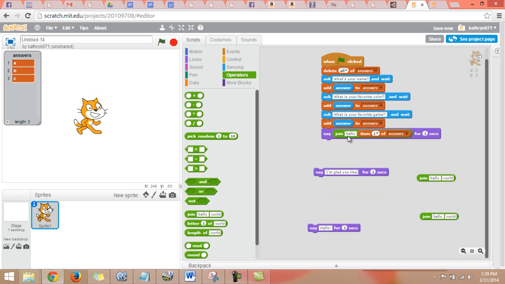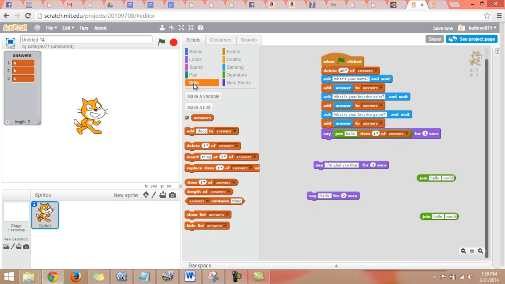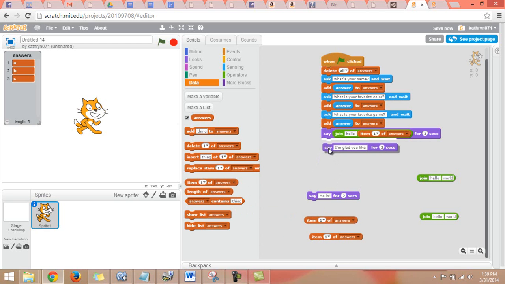So in this case, the sentence came first. Hey, we were switching the order. Let me just show you that. Okay. Now we have to add 2 more lines of code. So let's say, okay, the next thing we need to drag over is 2 more of item of answers. And we're under data, item of answers. Okay, so we can put these all in now. And let's give ourselves a little room. Say, I'm glad you like, and we're going to